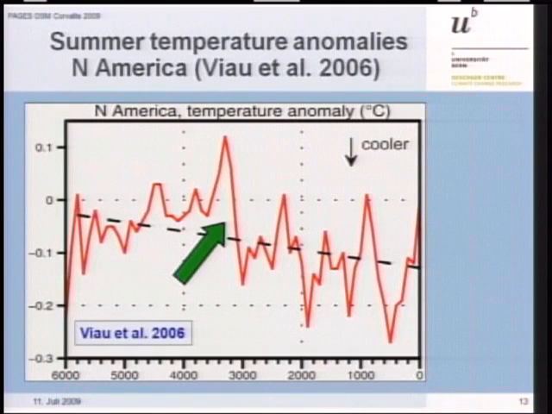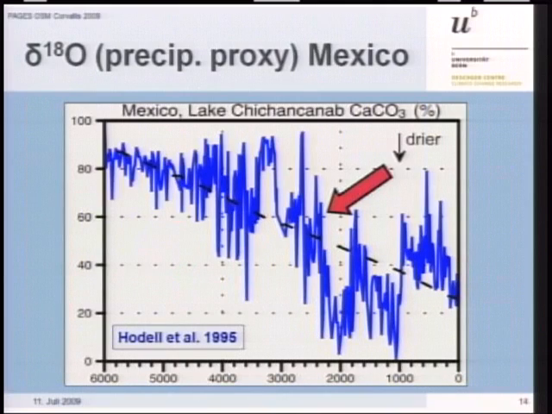If you're looking at time series all around the Holocene, it's interesting that in each time series we have strong steps. And the question is also whether these steps were at the same time, and we had synchronicity, and we can just work out a certain theory and then do modeling just during these phases of large changes. This is just based on pollen analysis in North America, or the Hodell data set of Lake Chichancanab in Mexico. It shows another step at another time.